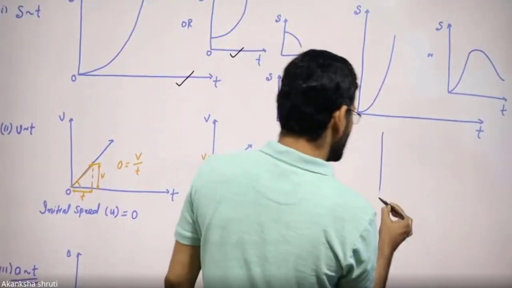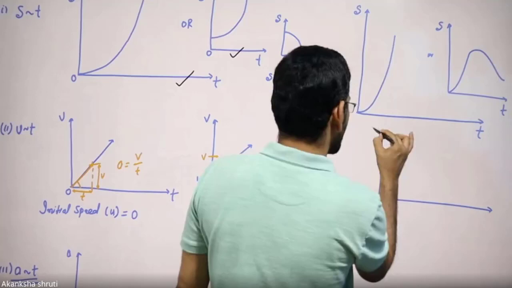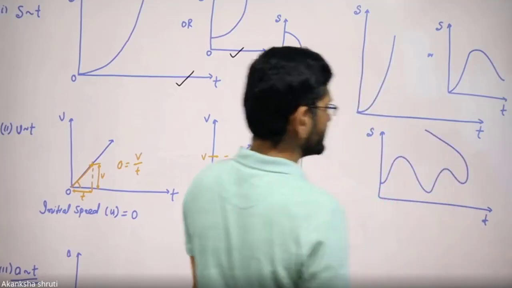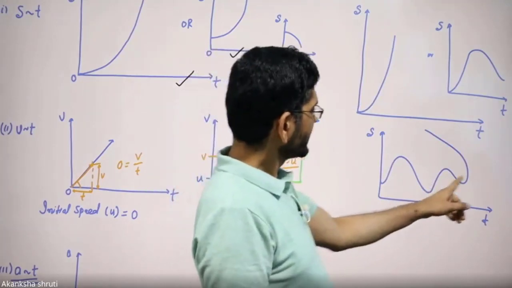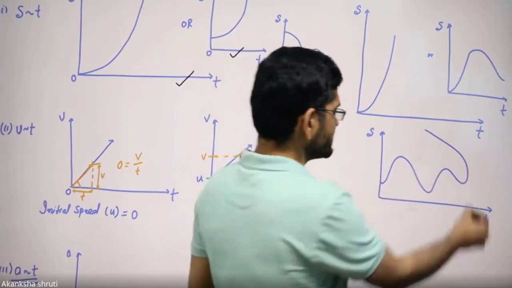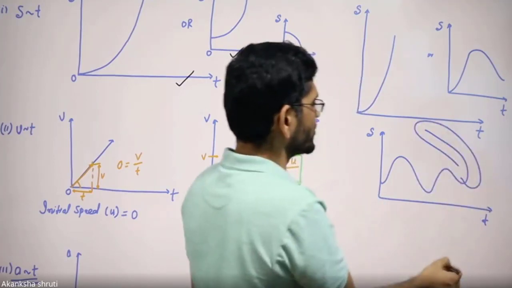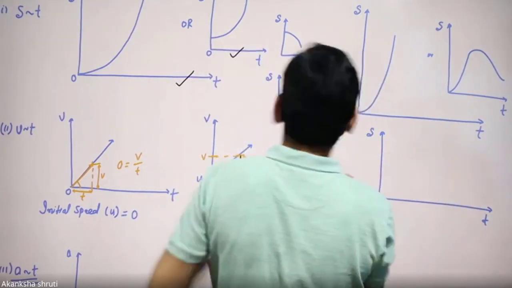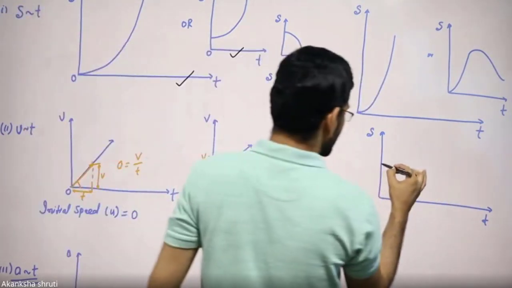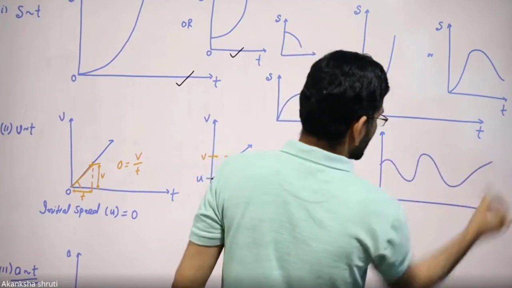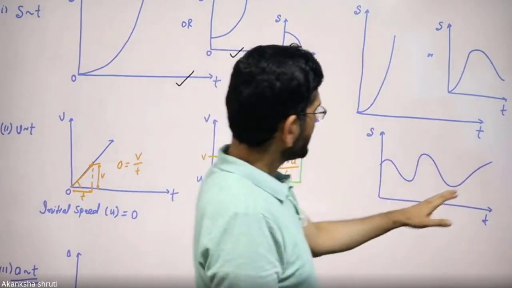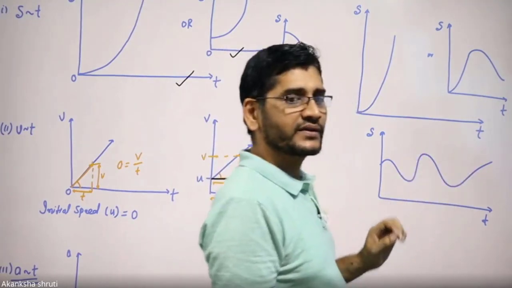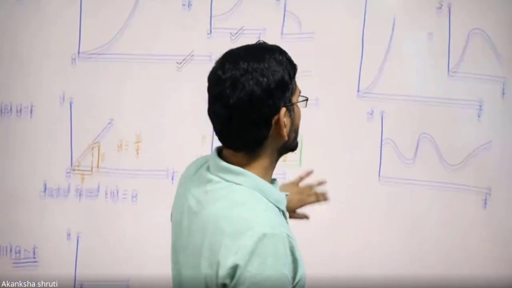Or, students, if any zigzag line is given as the ST graph, keep in mind, returning this way is not possible. This part of the graph is not possible because the time is decreasing. That's why this graph will never be given to you, because the time always has to increase like this. So this graph is also for non-uniform motion. If any zigzag part is given, that is called non-uniform motion.